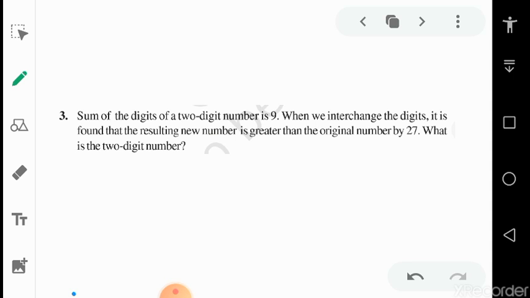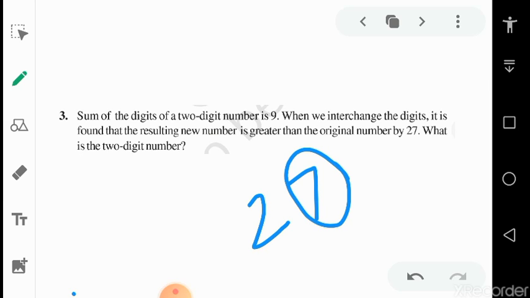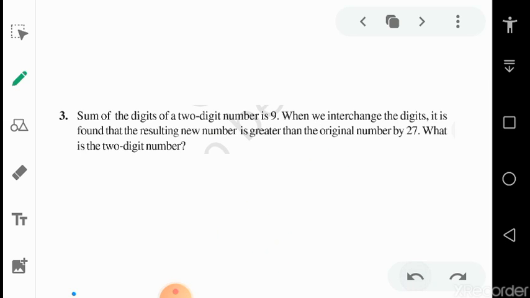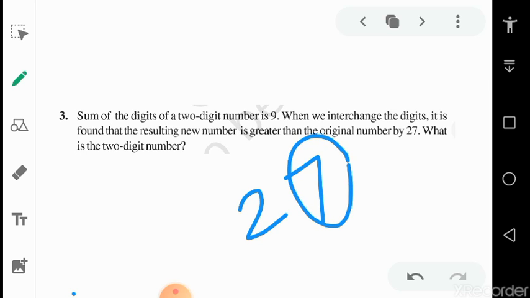Alright, suppose we have a 2-digit number. Take any number. Suppose the number is 27, whose digit sum is 9, meaning 2 plus 7 is 9. If one digit is 7, then obviously the other digit is 9 minus 7. So we will use this concept. Listen again. As you can see, in 27, 2 plus 7 is 9. If we know this digit, then the second digit can be obtained by 9 minus 7, that is 2.